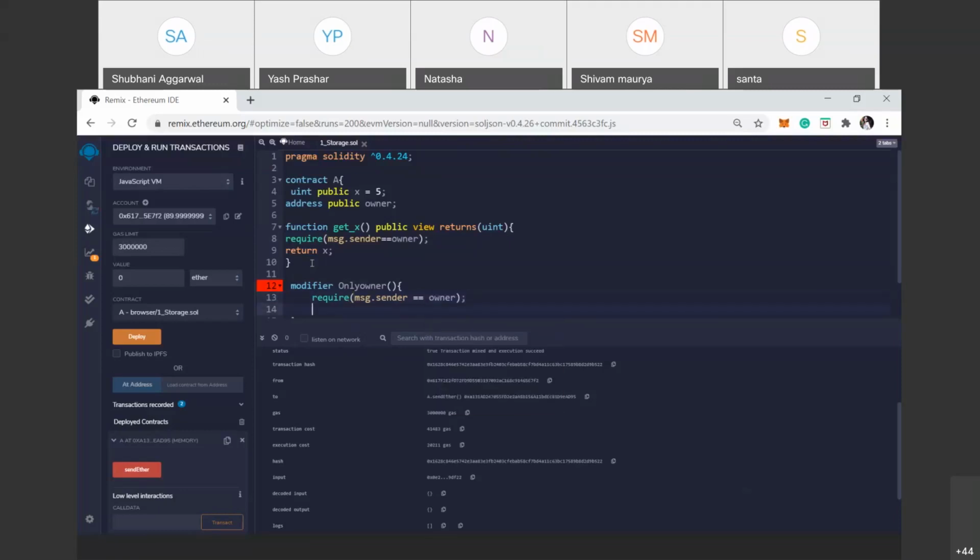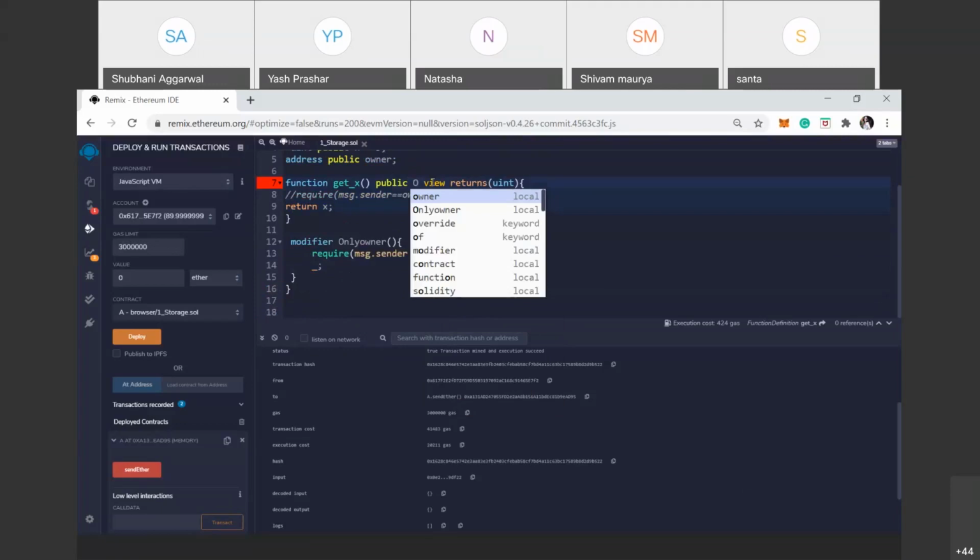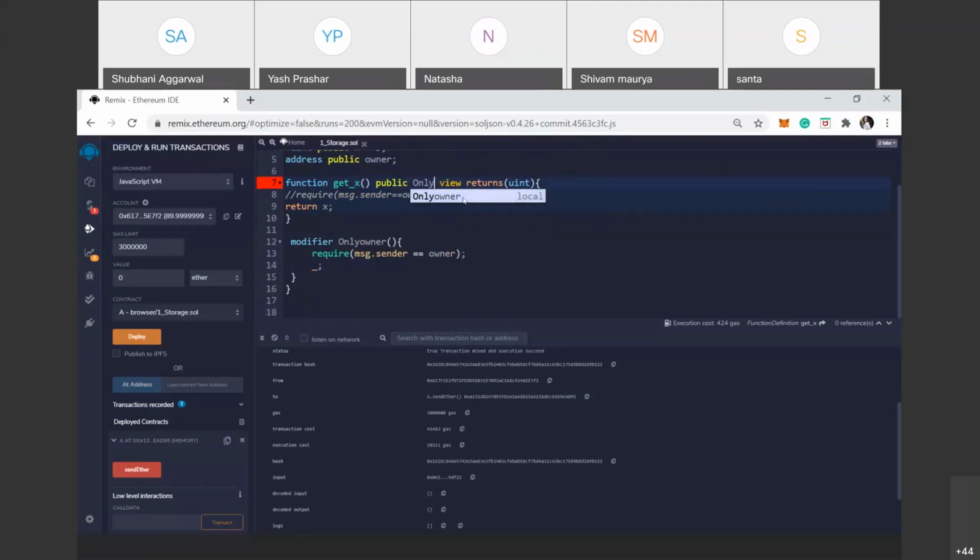After that, this underscore, which means we write some lines of code. So here, instead of this require line, we just add only the modifier name, that is onlyOwner.